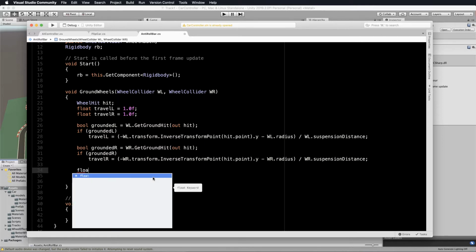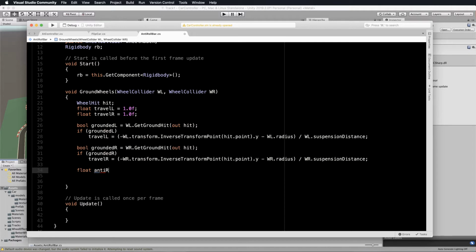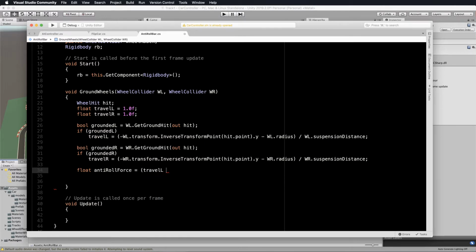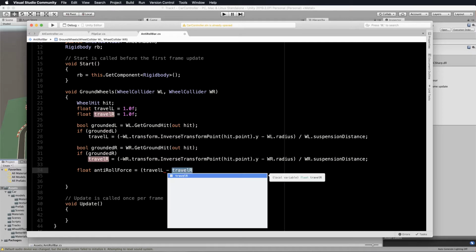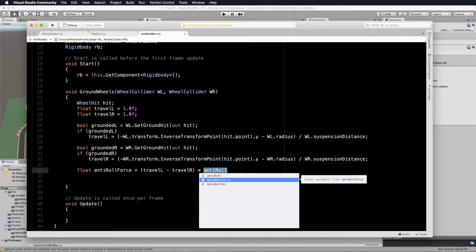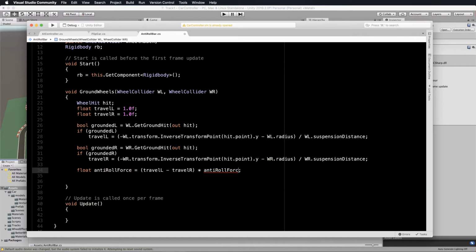So let's create a float which will be anti-roll force, and that's going to equal the difference between our amount travelled, so travel L minus travel R, and we're going to multiply that by anti-roll. Okay, so we're taking the difference, not force, roll. We're taking the difference of the distance travelled, or the proportion of the distance travelled that the wheels have along their suspension, and using that multiplied by our anti-roll,